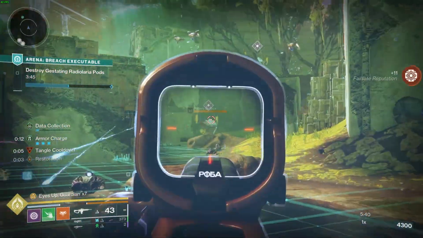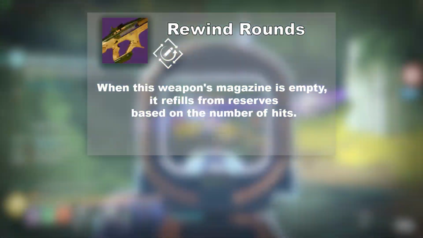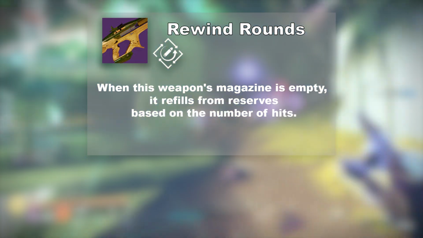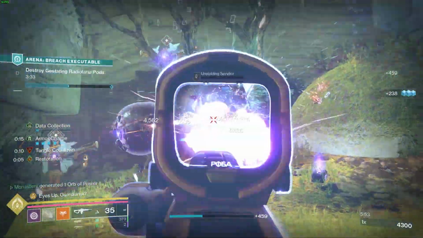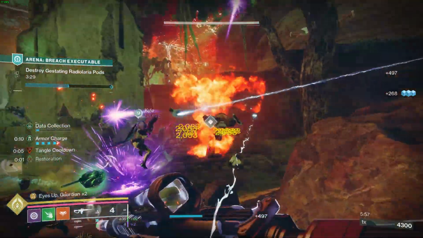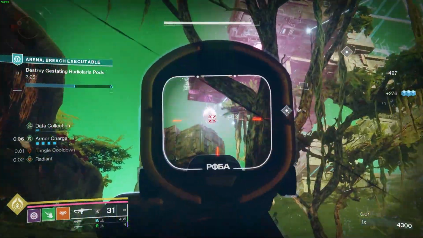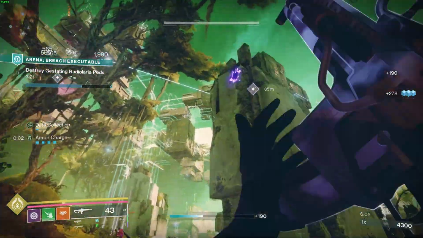The second perk in the 3rd column I want to take a look at is Rewind Rounds. When this weapon's magazine is empty, it refills from reserves based on the number of hits. The way this perk works is upon emptying the magazine, you will refill the magazine for 60% of the number of hits, and once it's enhanced, you will go up to 60%. So for this weapon, it will go as follows. You hit the first 6 shots, you get 3 back, then you get 2 back, you get 1 back, and